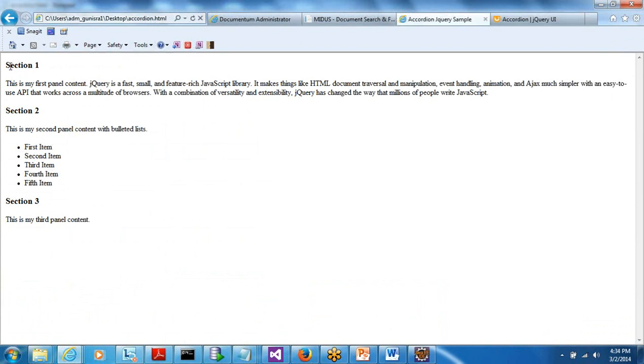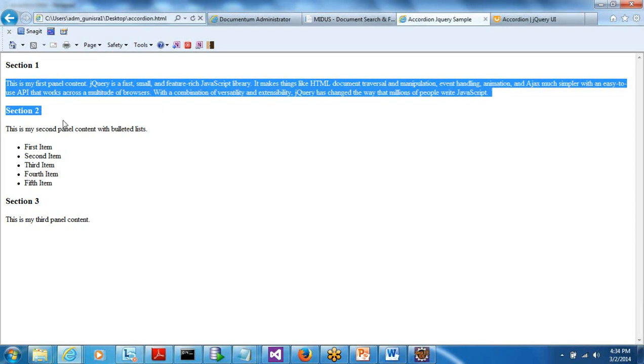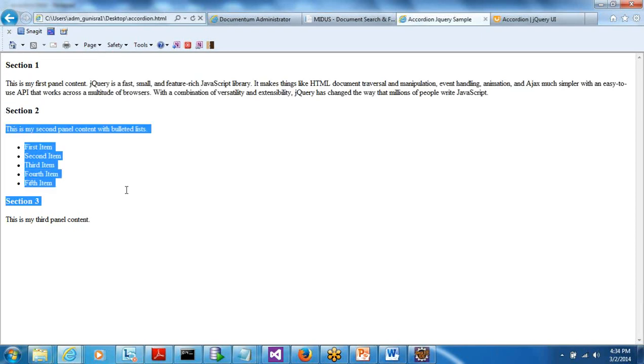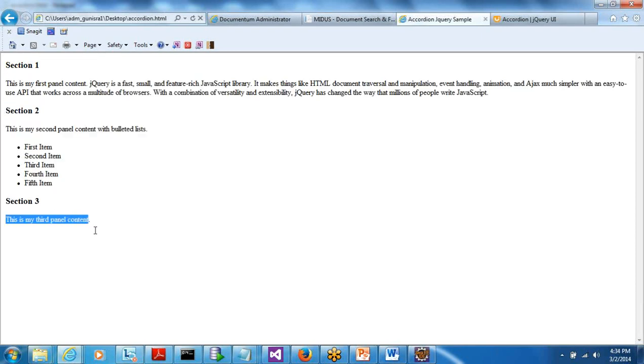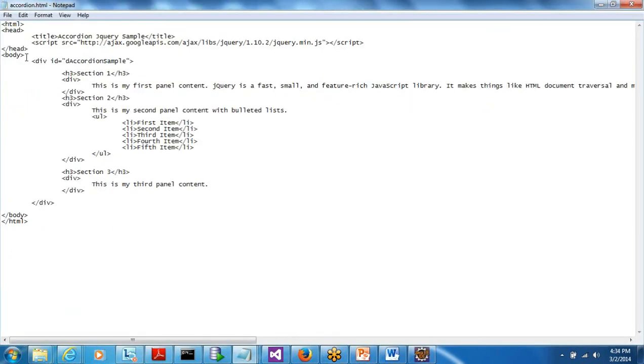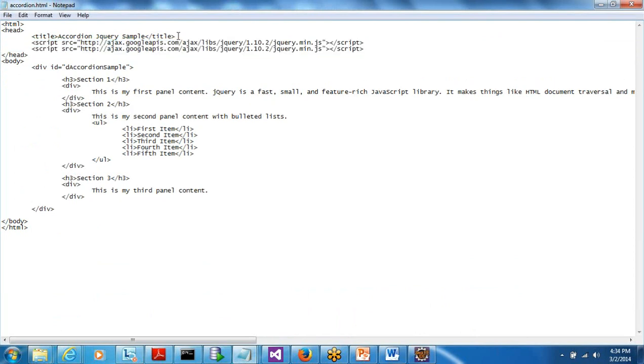Okay, so without doing any formatting, this is how it is appearing. I have put some content into section 1, some content into section 2 with bulleted points, and some into section 3, not much of a text. All of this is part of one parent element, which is your div tag. So now using jQuery UI,